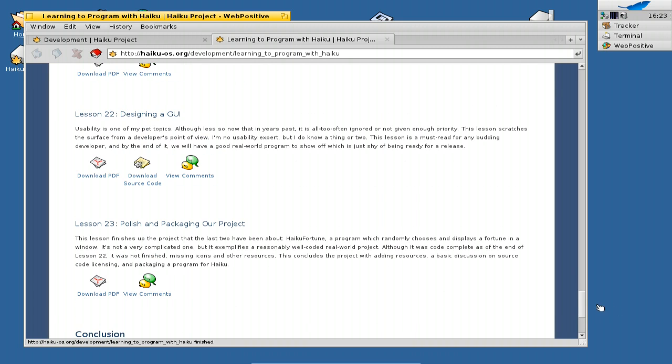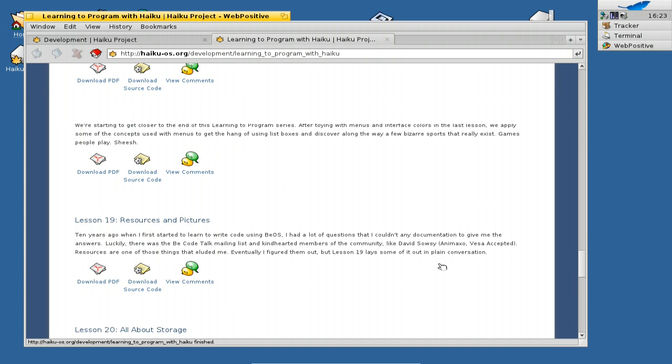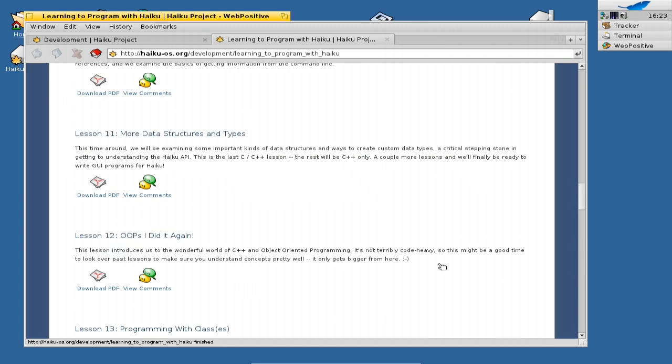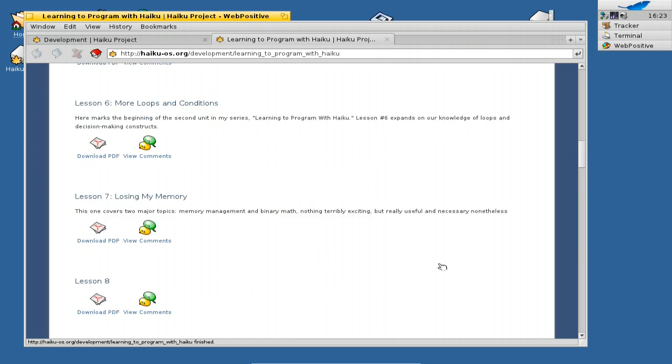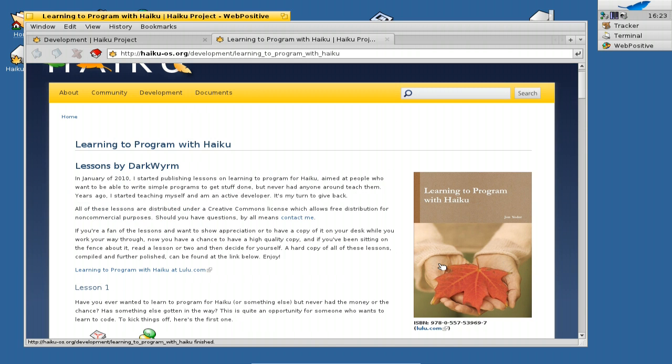So this is not so beginner based, but more for those who already did this Learning to Program book and the lessons he created here. And this one can also be found on the